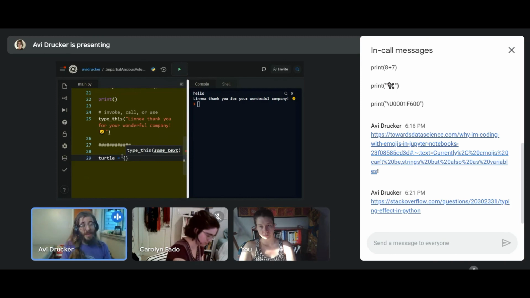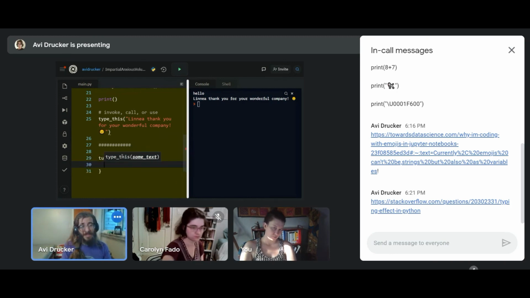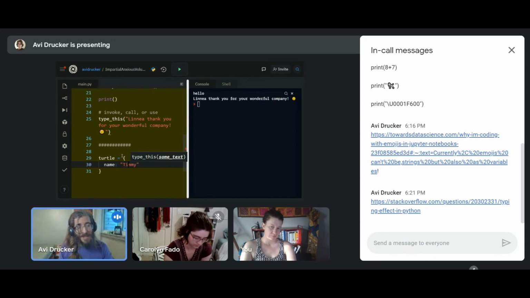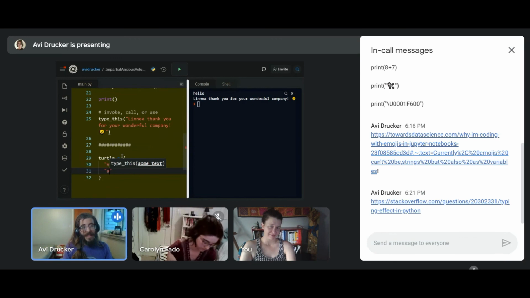And we're gonna say its name is Timmy. Sorry, Timmy. So its name is Timmy, and let's say its age is 3. I don't know if that's old or young, but this is a turtle that we saved as a dictionary,